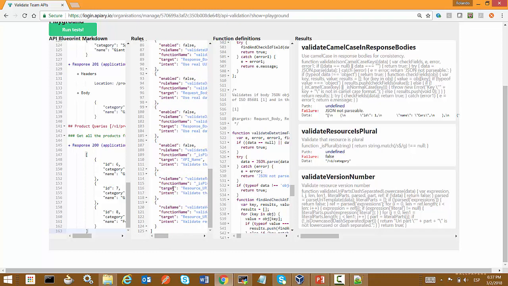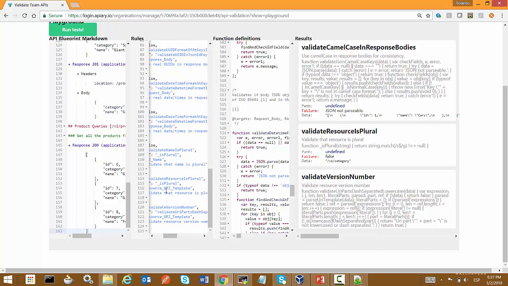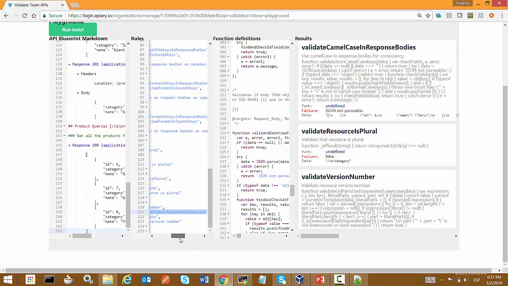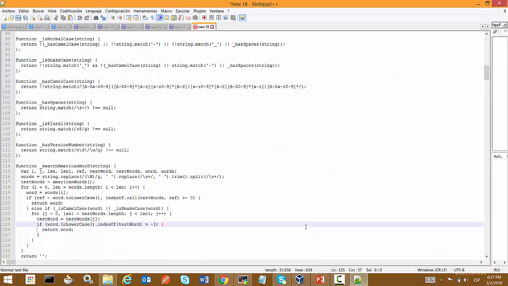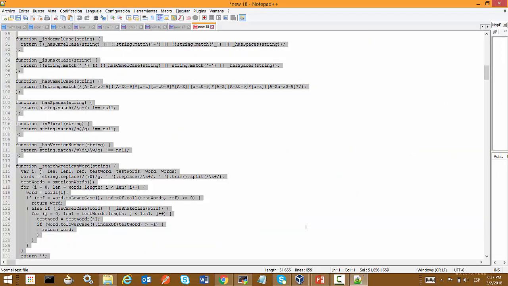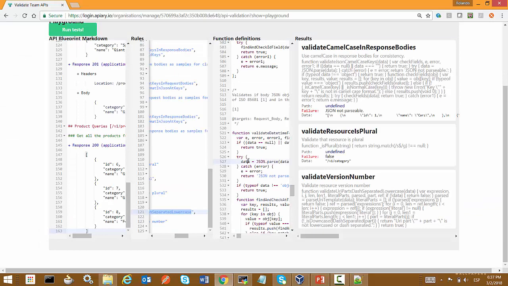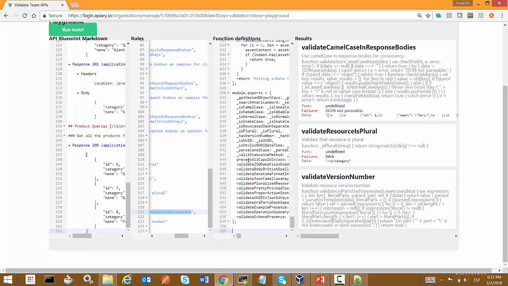We are applying two different functions: is plural function and validate URI part separated lowercase. So I'm going to copy and paste my JavaScript code, just right here, and I'm going to run the tests.